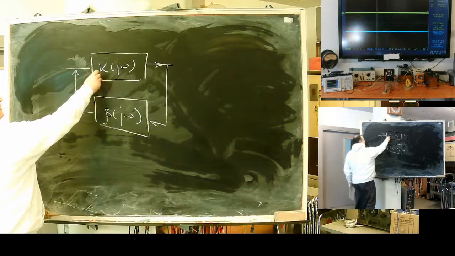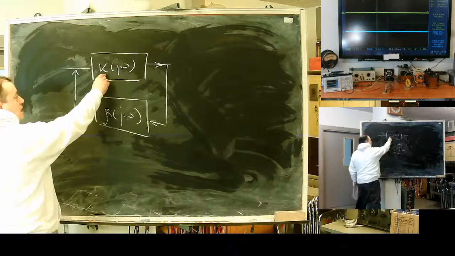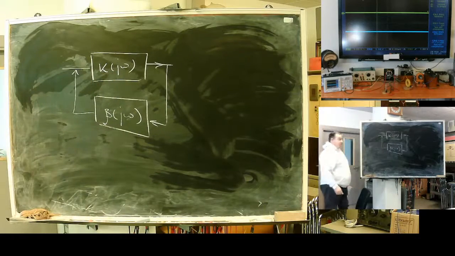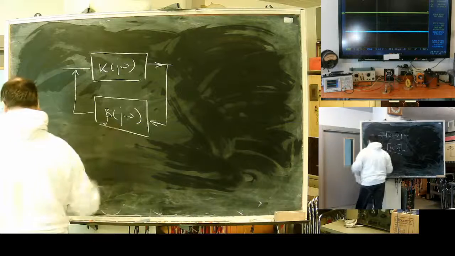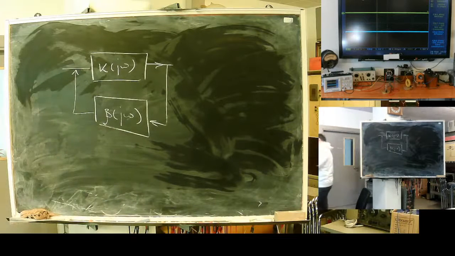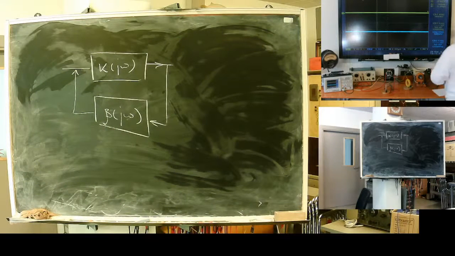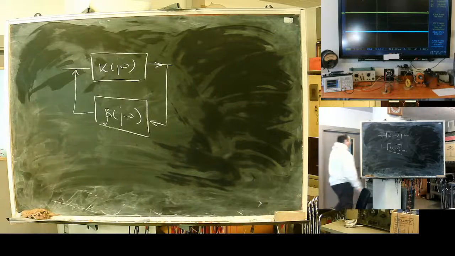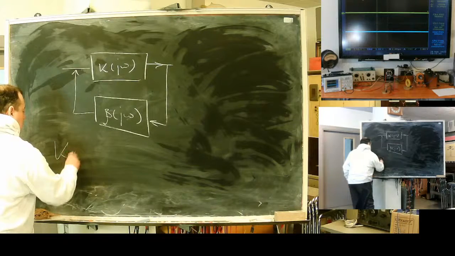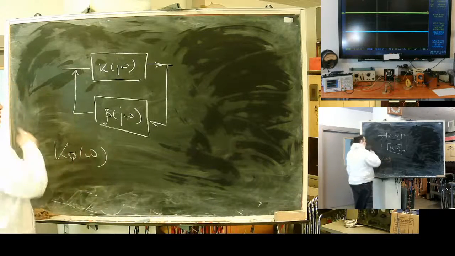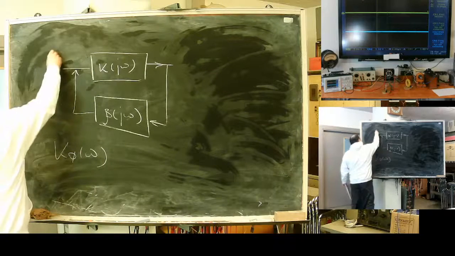So we have the direct K and return beta. Overall transfer function, if this, say,